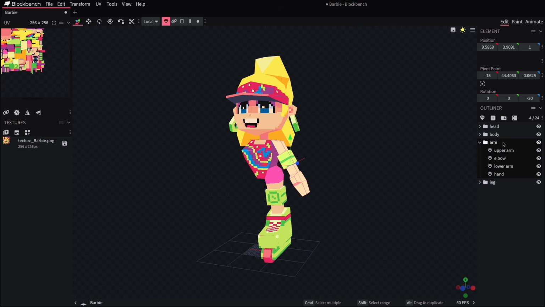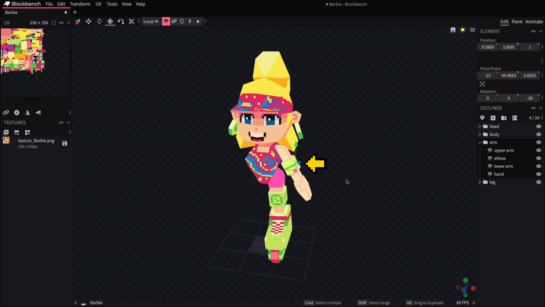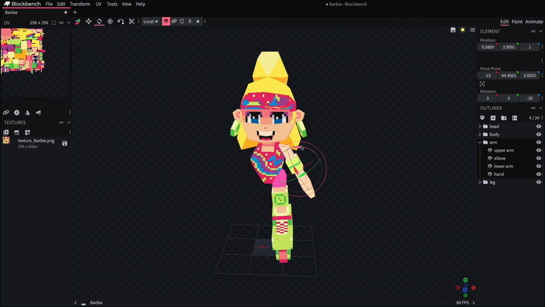of these objects. Like for the arm group, we can see that the control point here is somewhere near the base of the elbow, which means if we've clicked on the arm folder and try to rotate it, it's going to spin around from that point. But what would be more useful is if it would rotate from up at the shoulder where it meets the